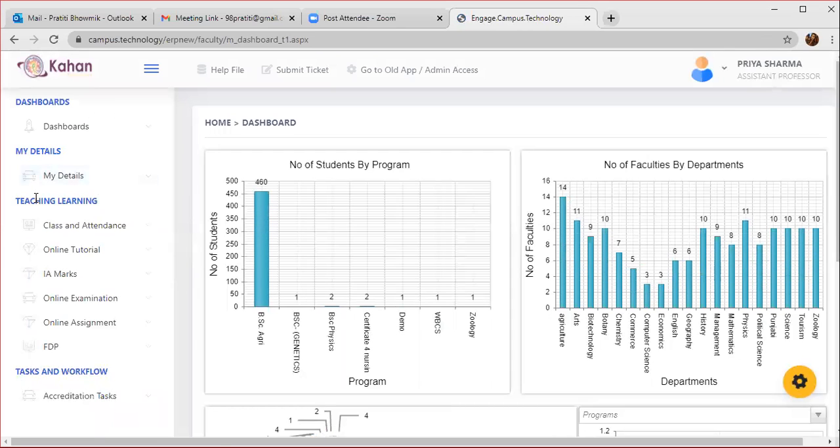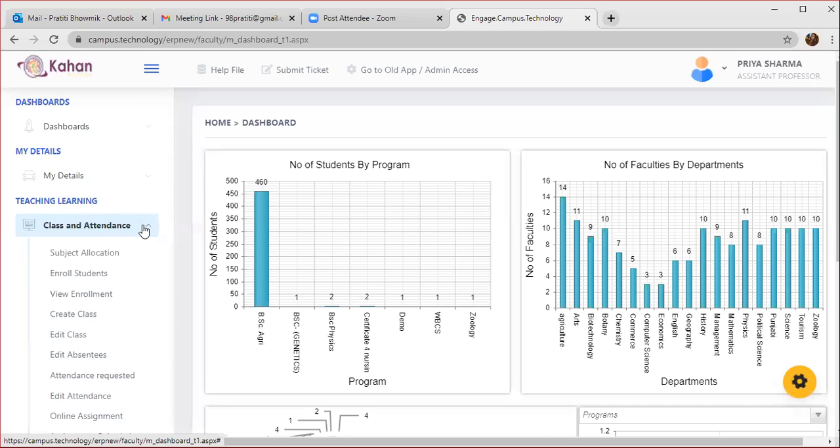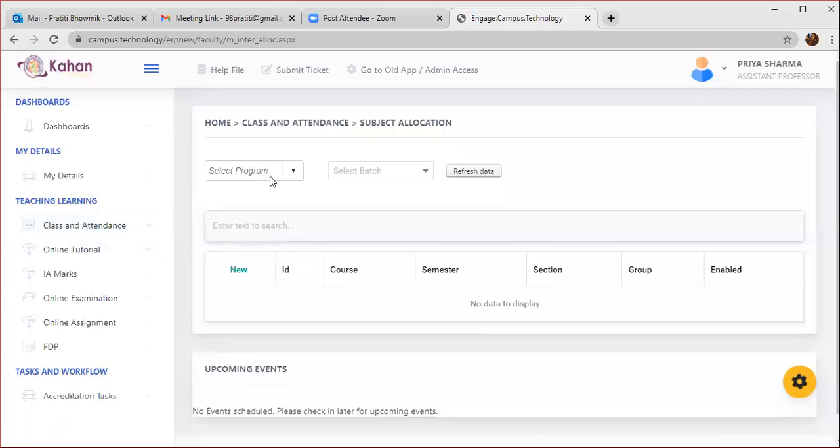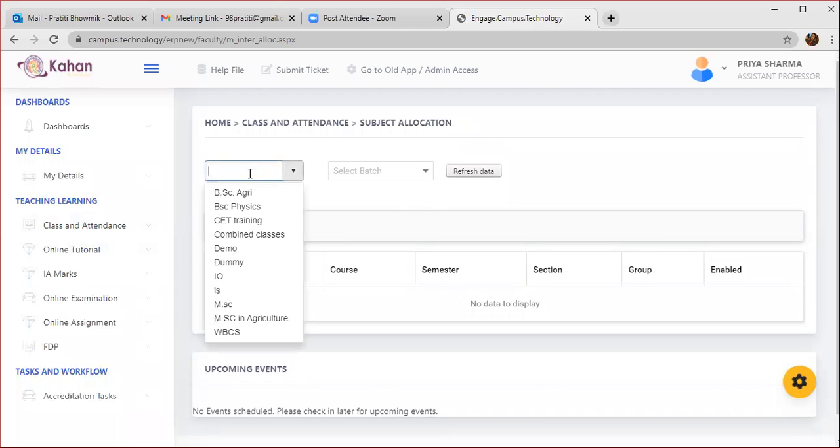After that, there will be an option of teaching and learning, and there will be a sub option. The first sub option is class and attendance. Click onto that. Okay, and the first option you'll get after that is subject allocation. As you set yourself on that, you will be given three options. A page will open in front of you, where you will have the option of selecting your